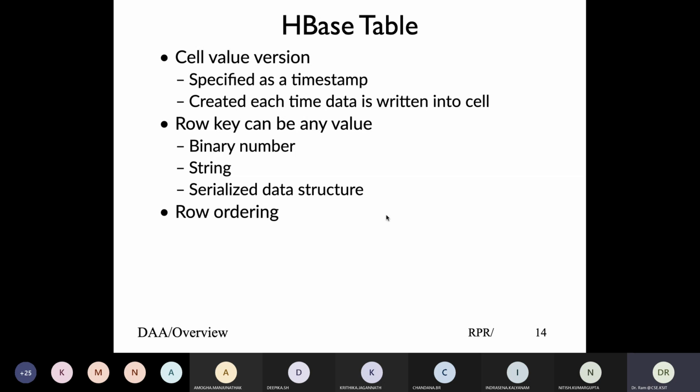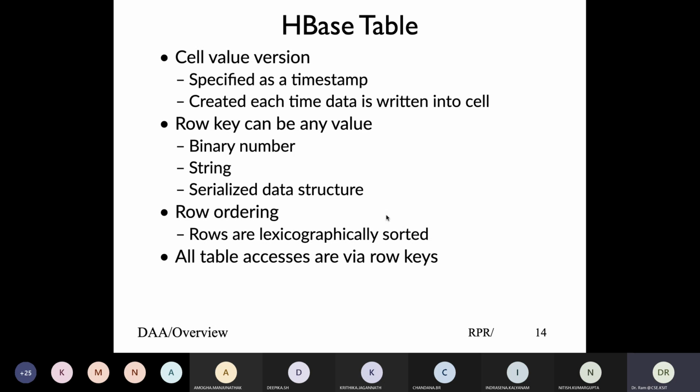It's NoSQL data, so rows would be ordered, like a primary key you can put in order. Rows are typically ordered in lexicographical order. So you look at the row content, you compare them lexicographically, and that's how the row order is defined. And you basically access the rows via the key, which is called the primary key. So I'll give you a very basic overview of how HBase works.